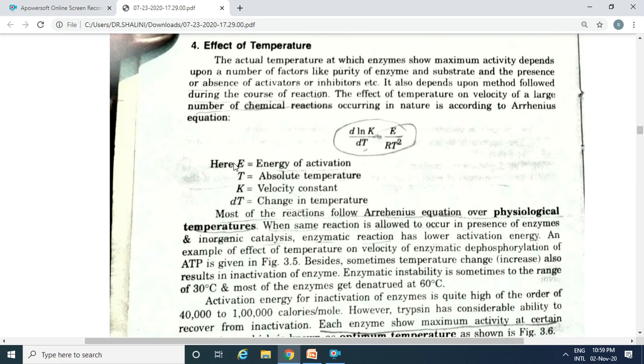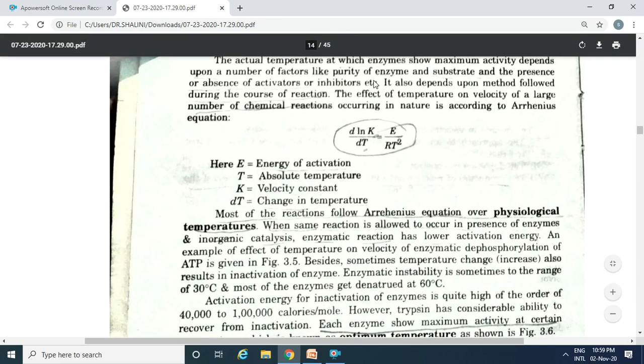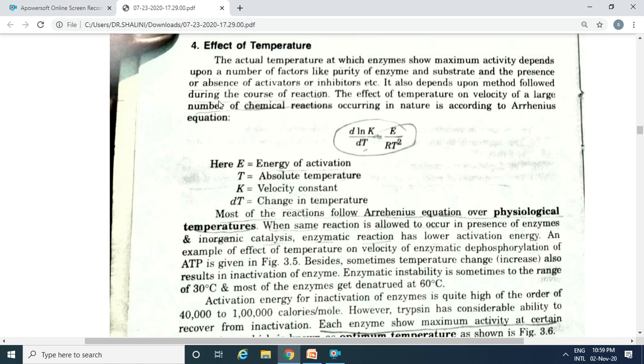The fourth one is the effect of temperature. The actual temperature at which enzymes show maximum activity depends on a number of factors like purity of enzyme, presence or absence of activators or inhibitors, and it also depends upon the method followed during the course of reaction. The effect of temperature on velocity of a large number of chemical reactions is according to the Arrhenius equation, which is d ln k/dT = E/RT²,